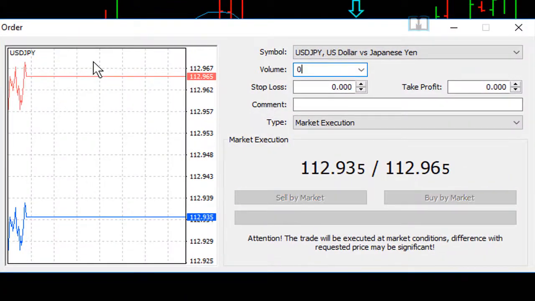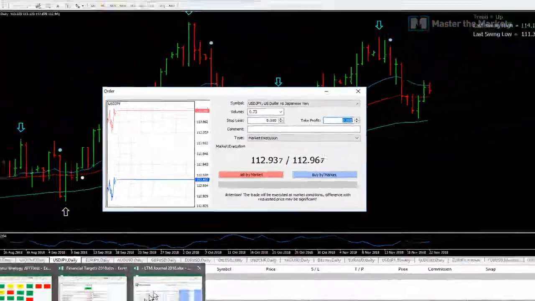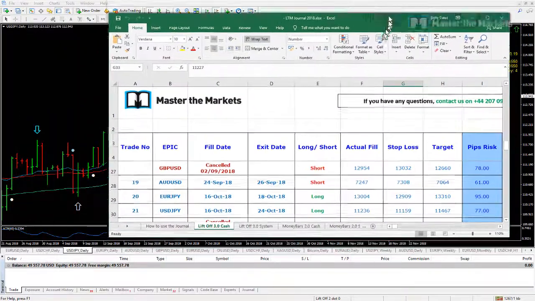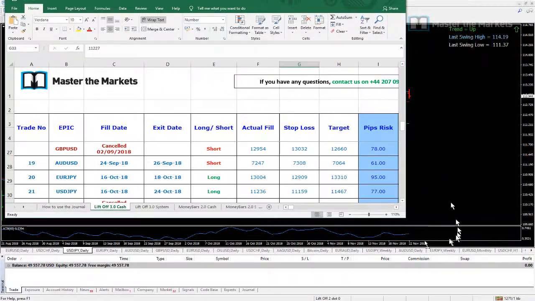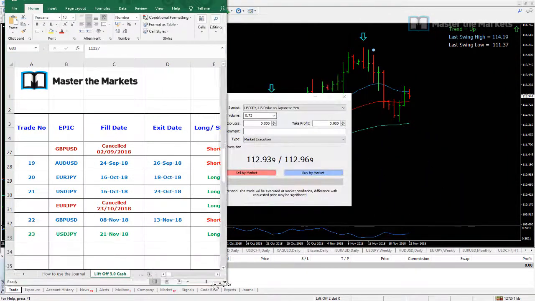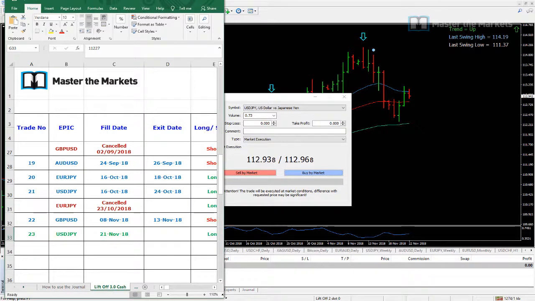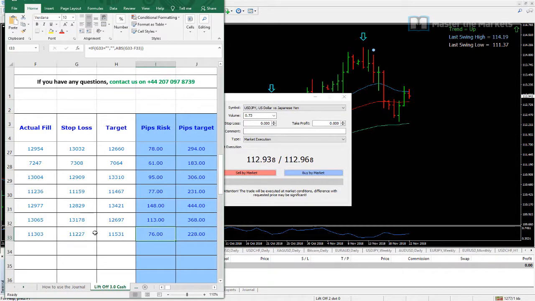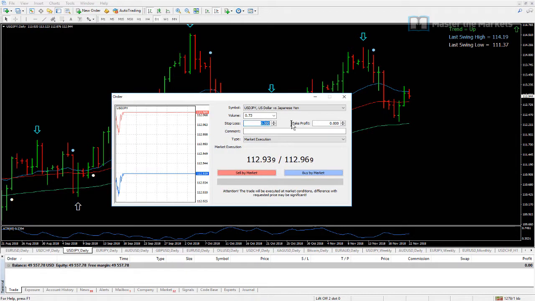So I key that in, 0.73. Then, of course, I need to put in the stop loss and the take profit for the trade. So again, I'll reference the journal or the email, whichever is easiest for you. 112.27 is the stop. In fact, why don't we put this side by side for a moment, so we can reference it at the same time. There we go. Let's move across. So 112.27 is the stop,